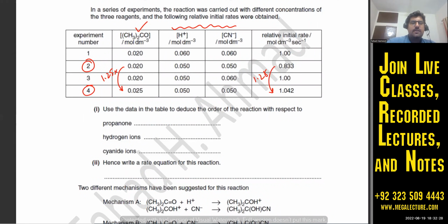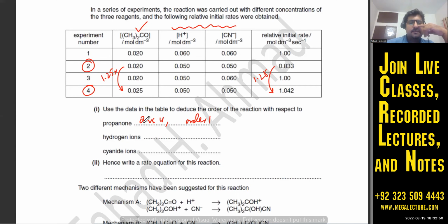So that's order 1. If you compare experiments number 2 and 4, both of them increase 1.25, so it's order 1. They're just looking for an order, they're not looking for an explanation. So what about